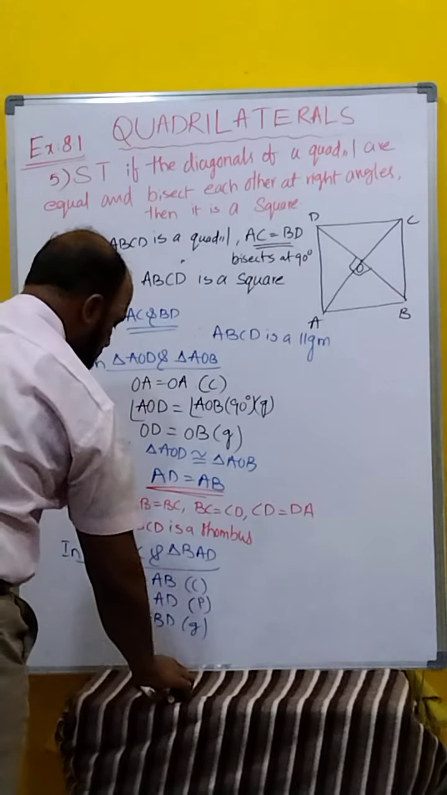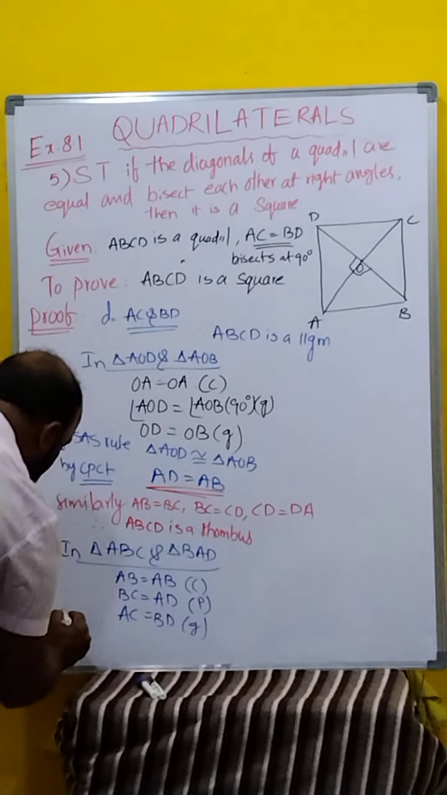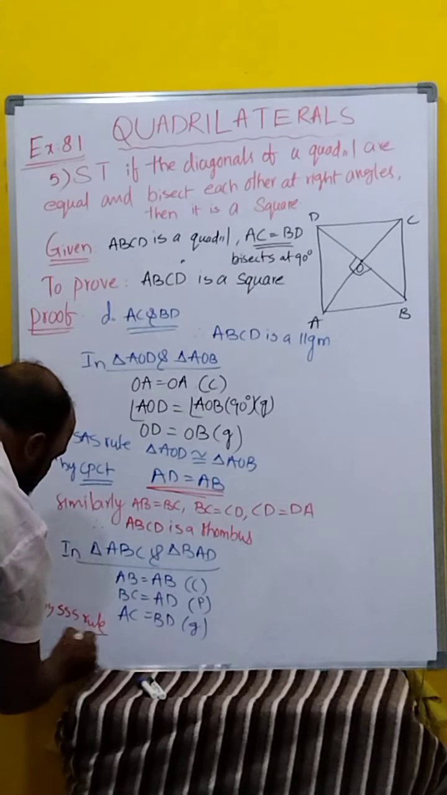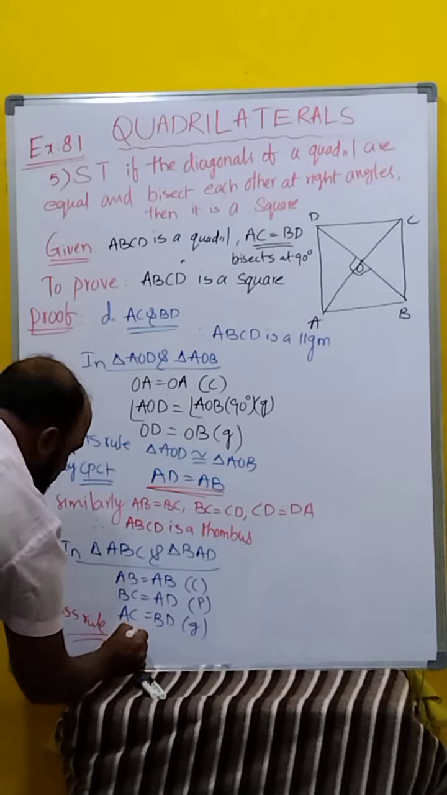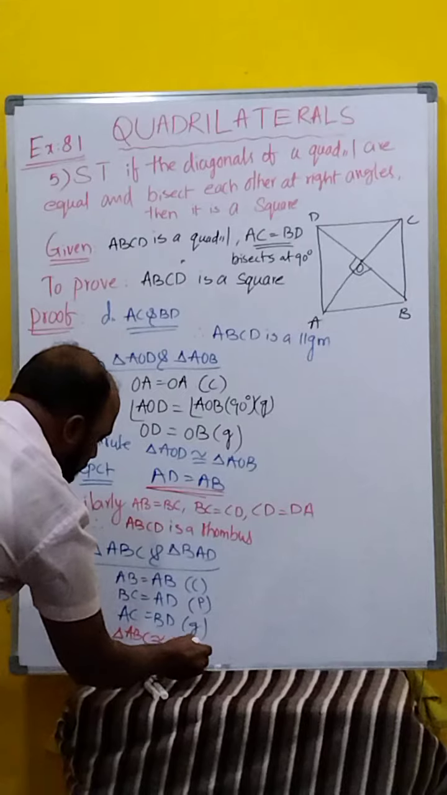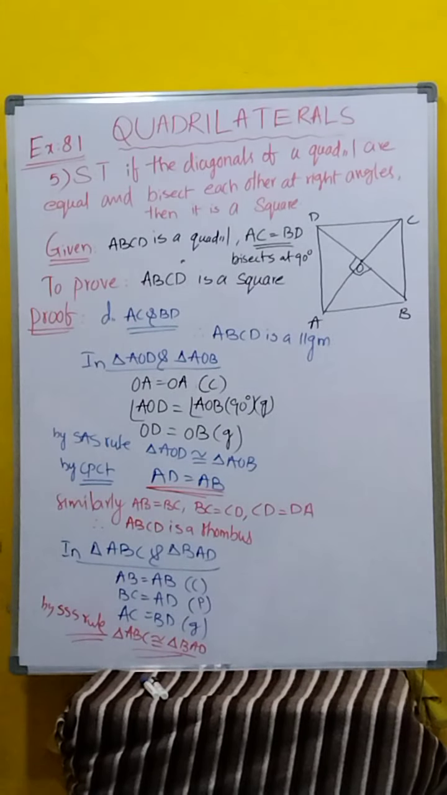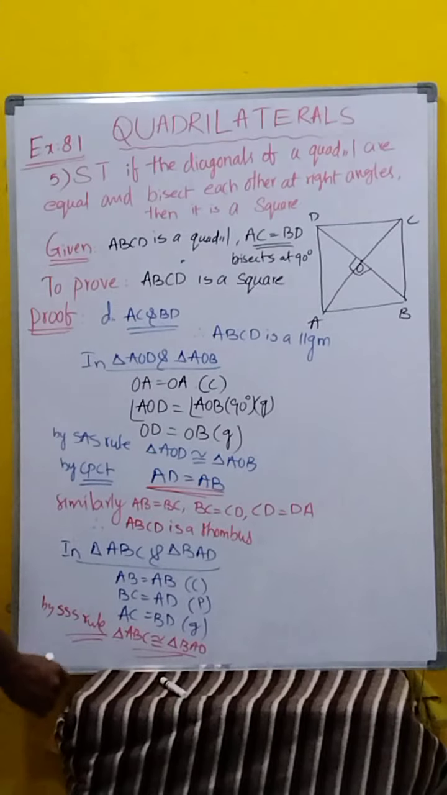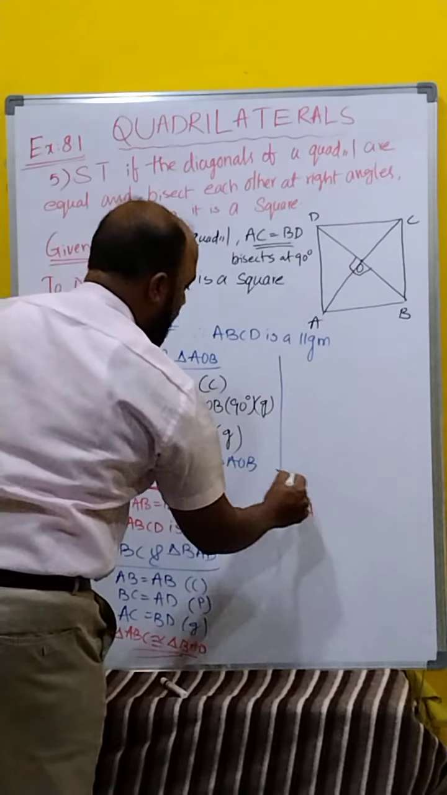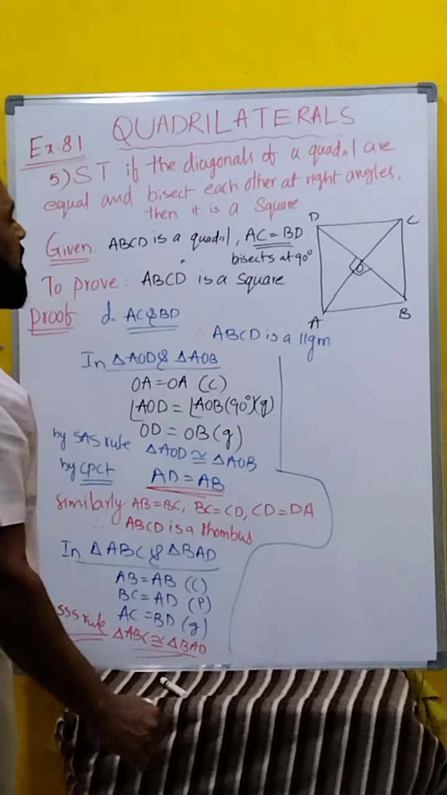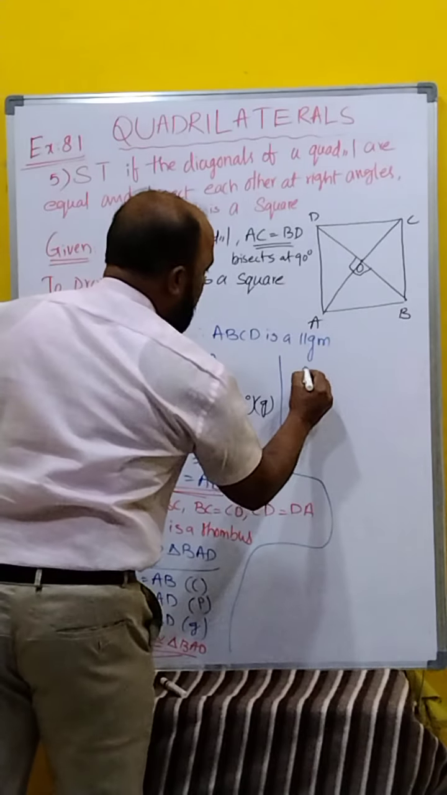What is the rule working here? The criteria SSS, by SSS rule, triangle ABC is congruent to triangle BAD. Clear, children? Now come to the conclusion. Here, triangle ABC is congruent to triangle BAD. That is completed. Now we have to prove one angle is 90 degrees. Now we write it by CPCT,